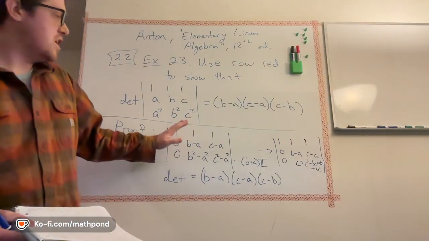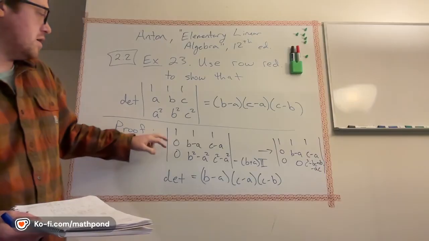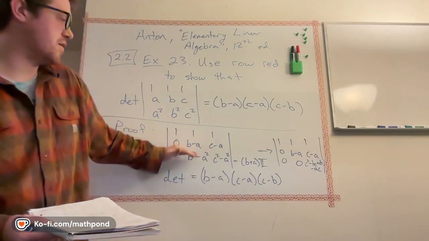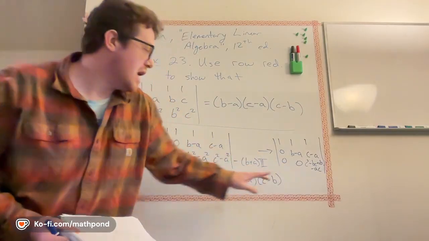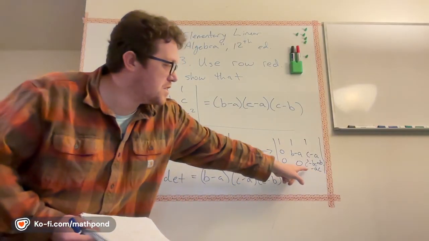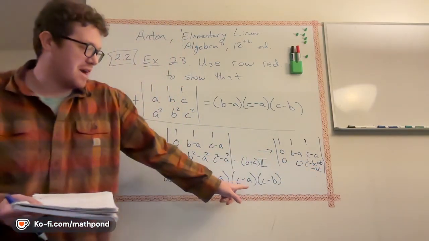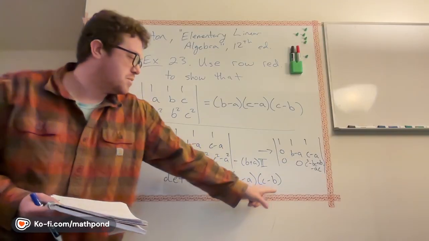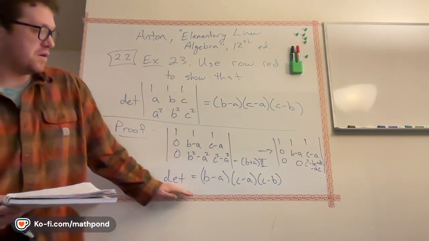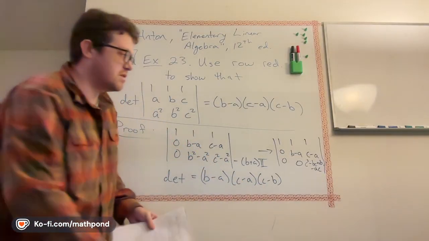Right. So we're doing row operations. We subtract multiples here to get these 2 zeros. Then we subtract B plus A times the second row to get this 0 here. And then we have to keep track of all the algebra here to figure out what this last term is, but it should be C squared minus BC plus AB minus AC, and that factors as C minus A times C minus B, and that means that the determinant is the product of the diagonal entries, which is this factorization, this product. Okay, sorry about that.